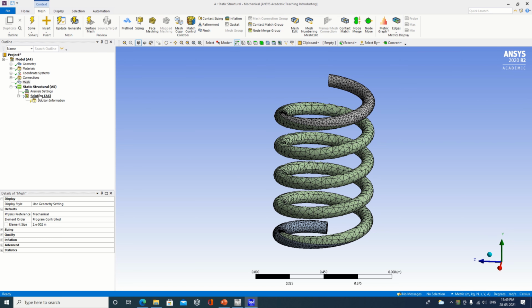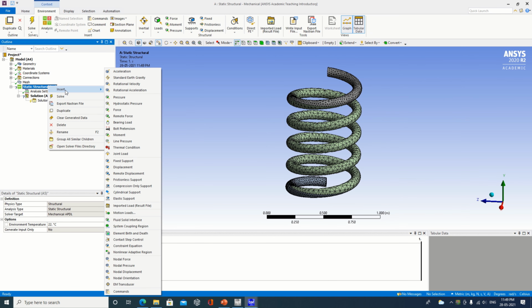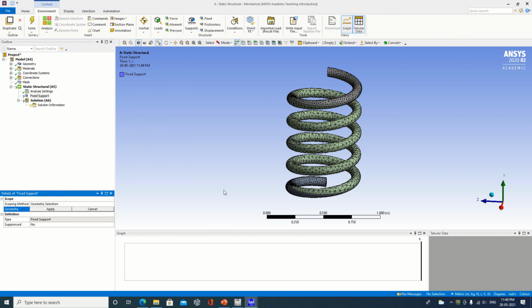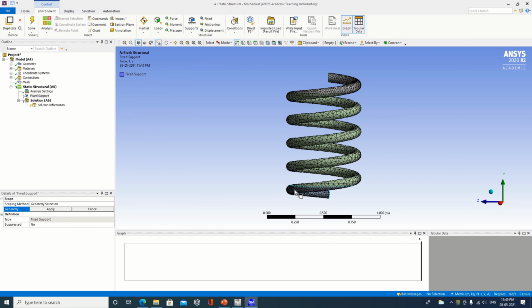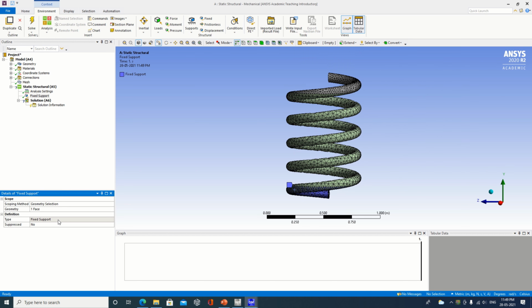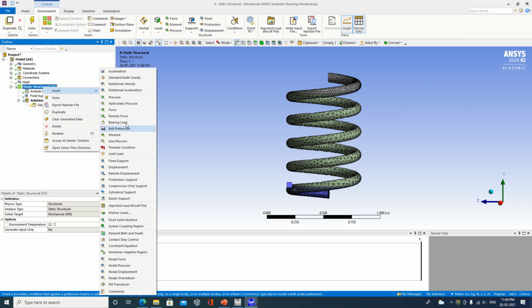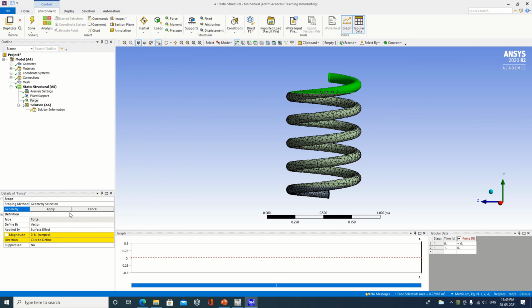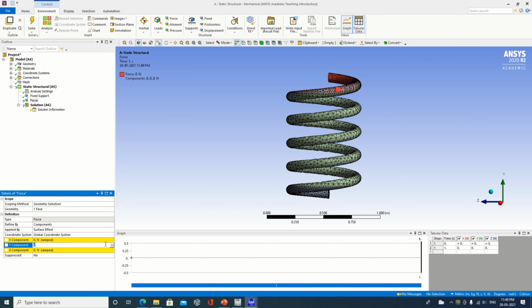Now let's try to apply a few boundary conditions. First one, it is the fixed support. So I want the bottommost part as a fixed support. So I am selecting this over here. Make it apply. So this is a fixed support. One more thing, I will go on to apply force. In which direction? I will apply force here. Make it apply. Instead of vector, I will say component, so that I can apply force in y direction. So I will say somewhere around minus 900. We will see the component is in downward direction. So this is one where we applied fixed support, as well as we have specified the force.